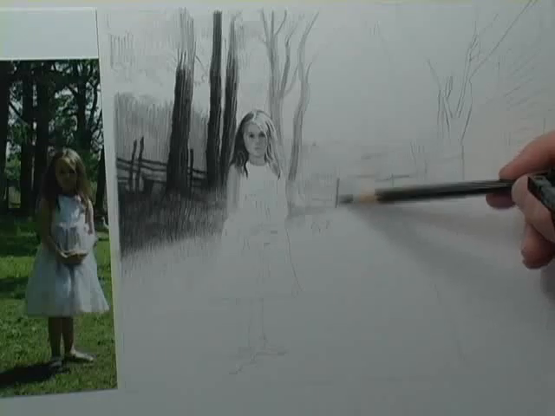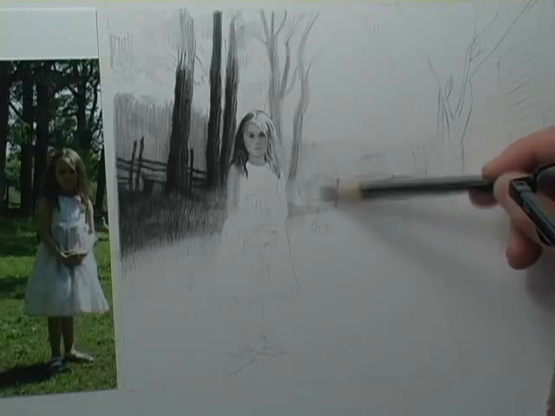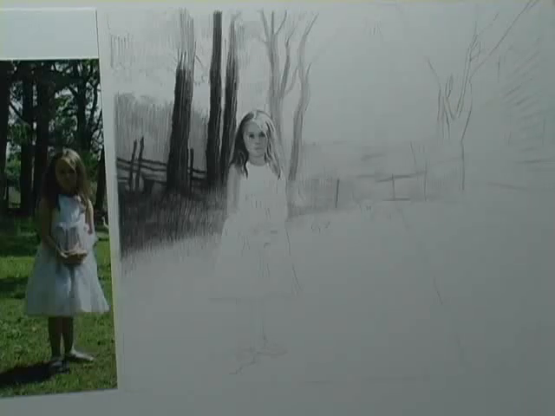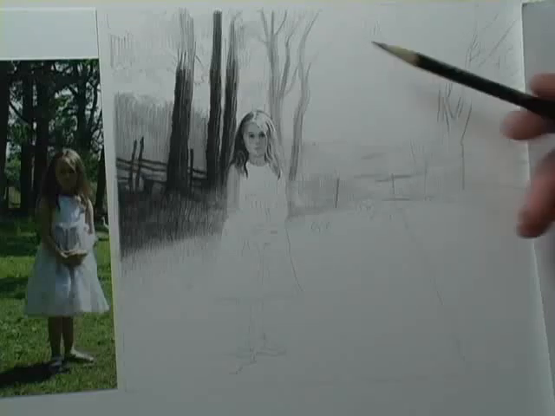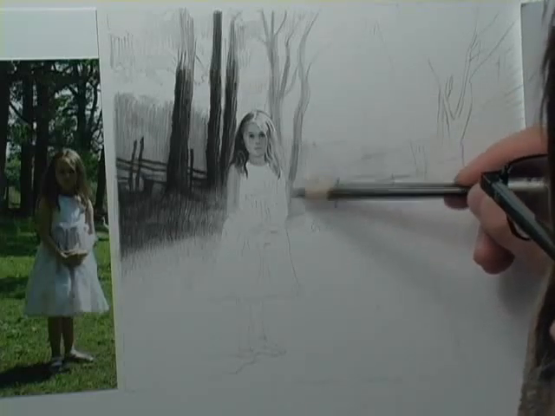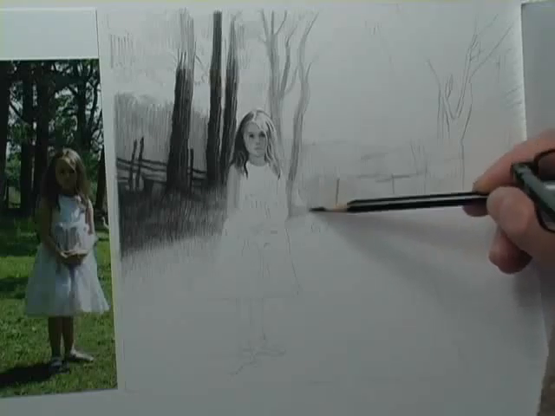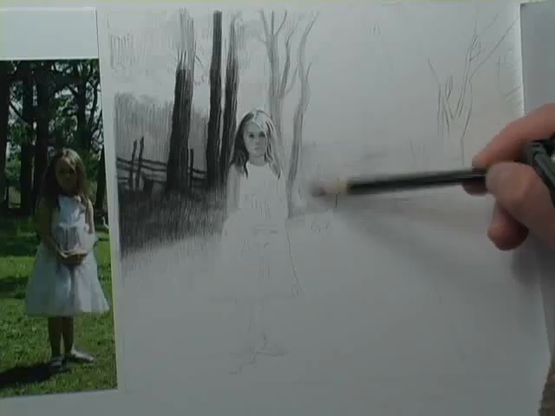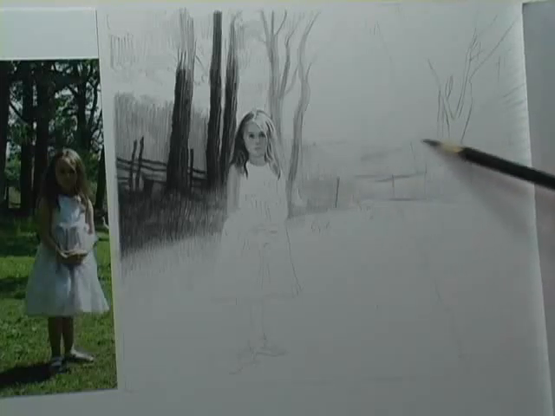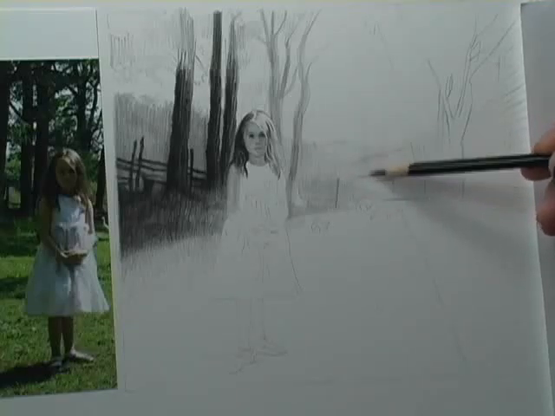Now you can see what I'm doing here. I am totally shading behind the fence before I get into the fence. Horizontal strokes that way, and most of the fence is middle tone, so I'm pretty safe if I shade it middle tone. And you can also see that I put in a distant rolling hill over here, and these trees